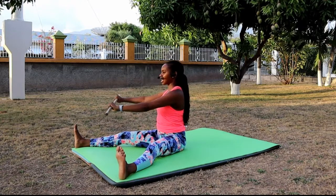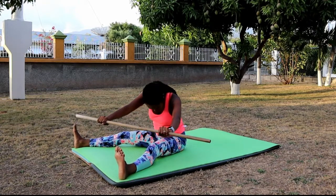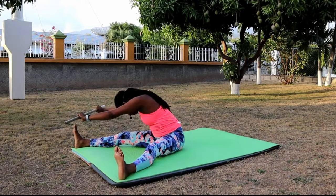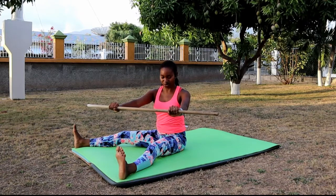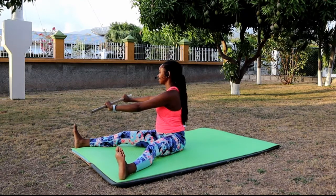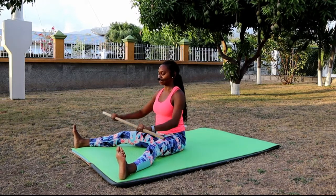Rolling up and twisting to center and twisting to the right. Rolling down and reach. 2, 1. Rolling up and center and twisting to the left. Rolling down and reach. 2, 1. Rolling up and center. Last time. Twisting to the right. Rolling down and reach. 2, 1. Rolling up and center. Last time. Twisting to the left. Rolling down and reach. 2, 1. Rolling up and center. Relax the arms